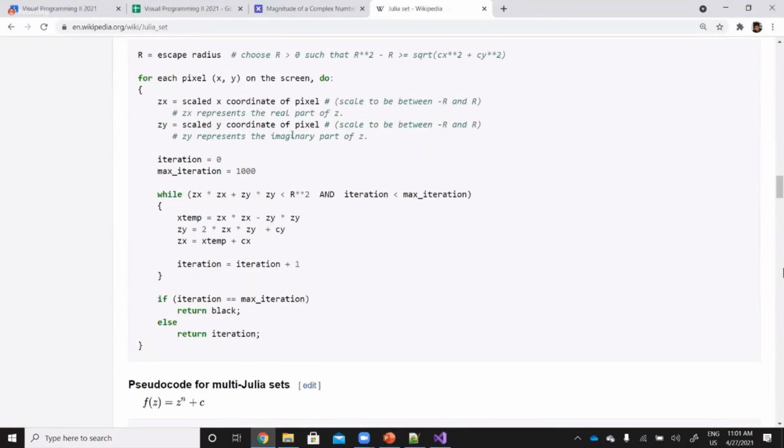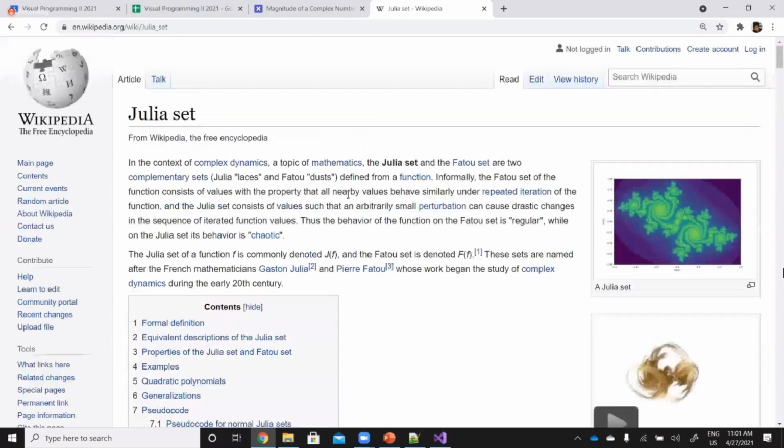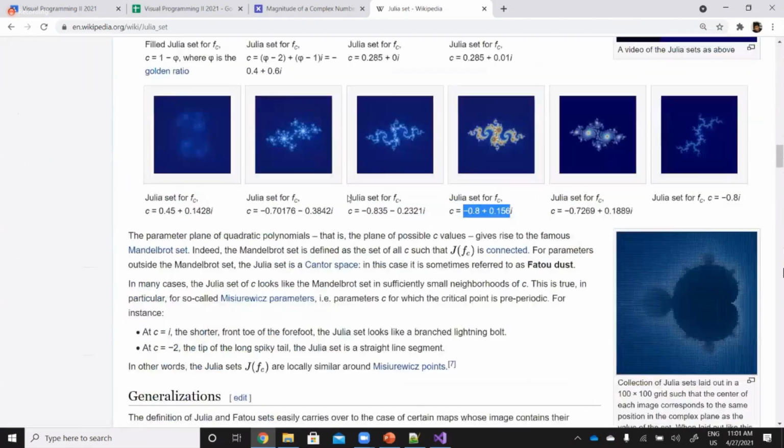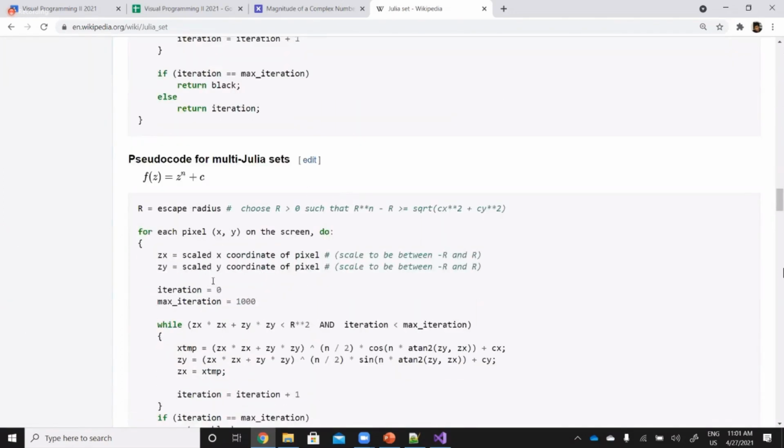This is actually from Wikipedia under the Julia set, right? Try creating different types of Julia sets by providing different values for the C.